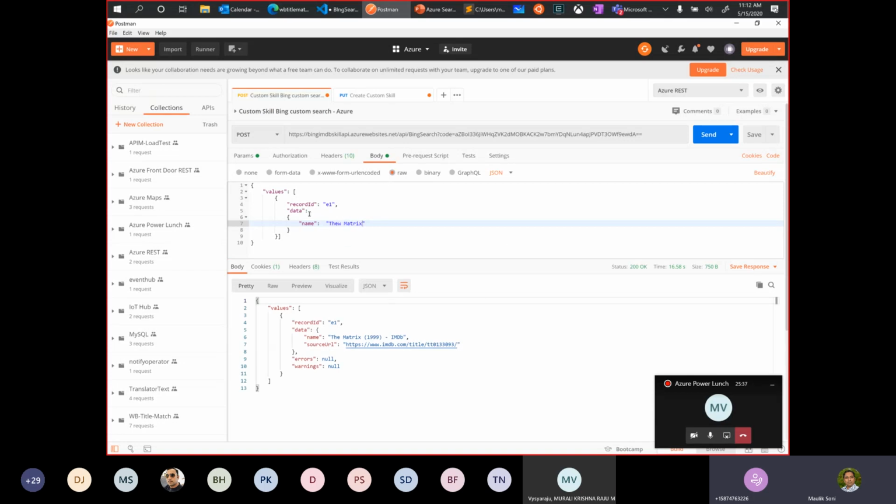So you can see the input and output structure is very specific to custom skill. I would recommend you refer to the documentation. So the input name is this, and the output is the name and additional fields. So this name is actually returned by IMDb, and this is the URL where you can find more information about